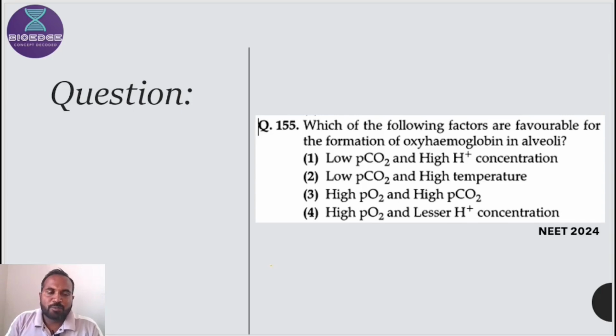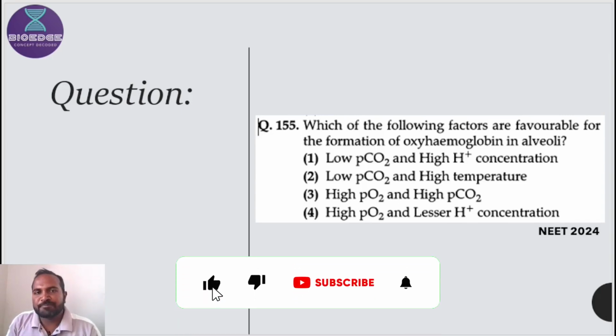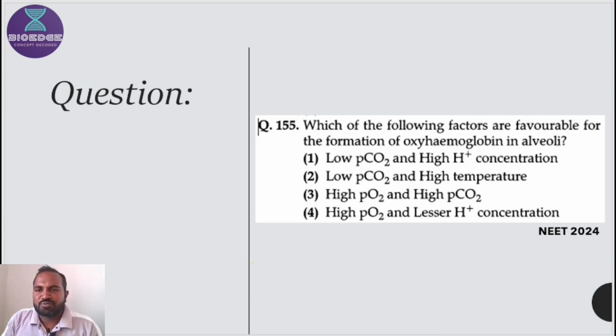So for practice purposes, I have taken questions from NEET exam 2024 and the re-exam which was also held in 2024. The first question I have put here: which of the following factors are favorable for the formation of